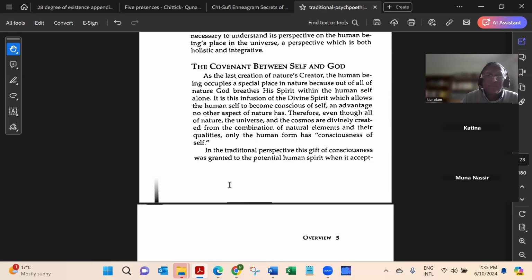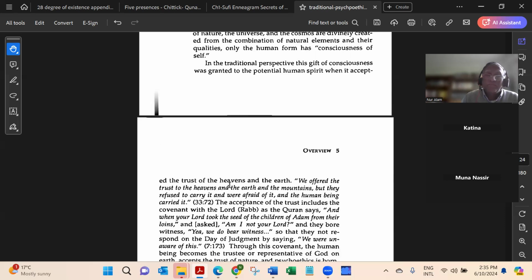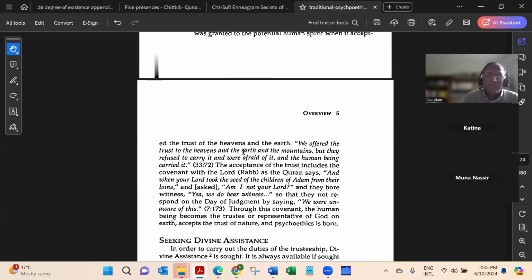In the traditional perspective, this gift of consciousness was granted to the potential human spirit when it accepted the trust of the heavens and the earth. We offer the trust to the heavens and the earth and the mountains, but they refused to carry it and were afraid of it, and the human being carried it. Surah 33, Ayat 72. The acceptance of the trust includes the covenant with the Lord, Rab, as the Quran says,